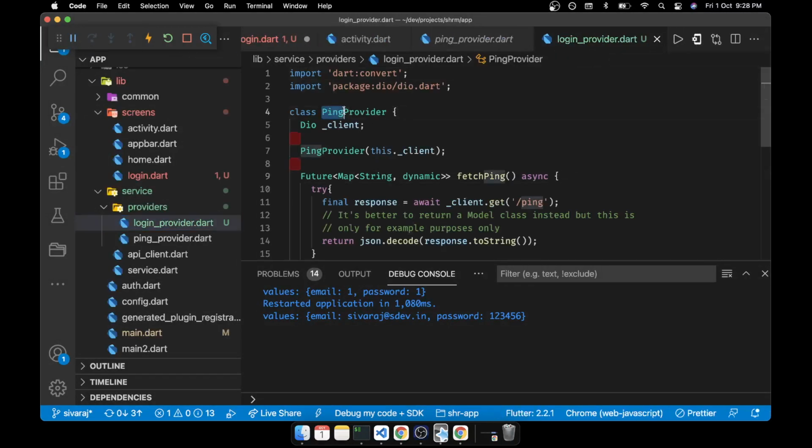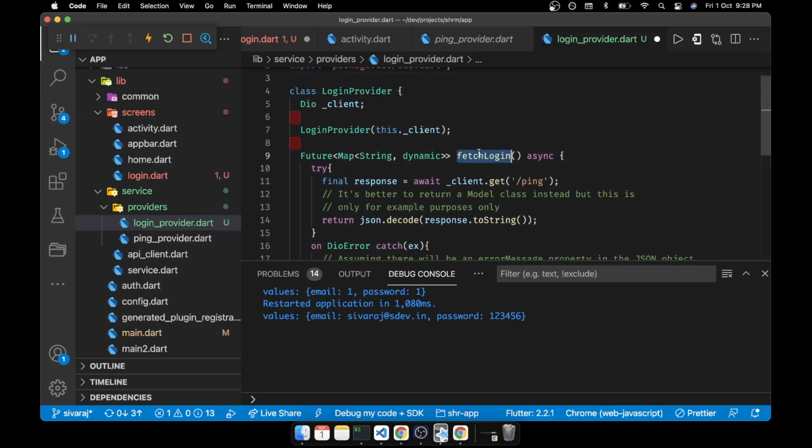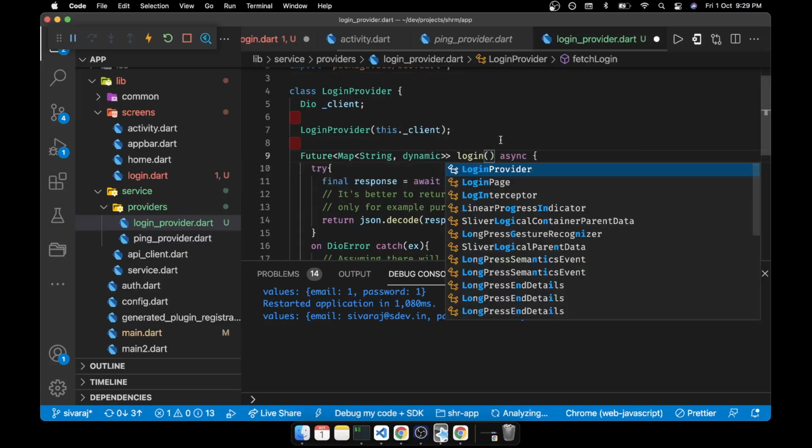So here also we can just change a little bit. Login. So is it a post one? Just we can keep it as login.